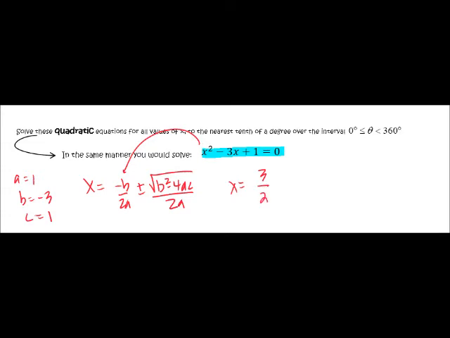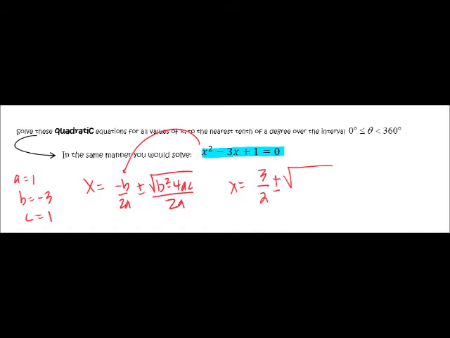And that is the quadratic formula, where a here equals 1, b equals negative 3, and c equals 1. Remember the quadratic formula, it's x equals negative b plus or minus the square root of b squared minus 4ac, all over 2a. So here we go. Let's plug in. Negative b, negative 3 would be 3, over 2 times 1, which is 2, plus or minus the square root